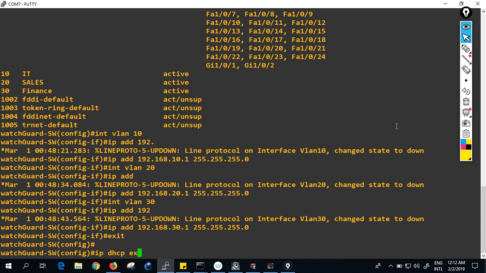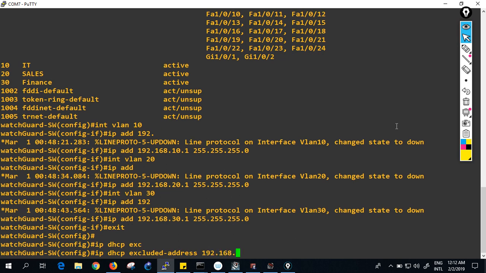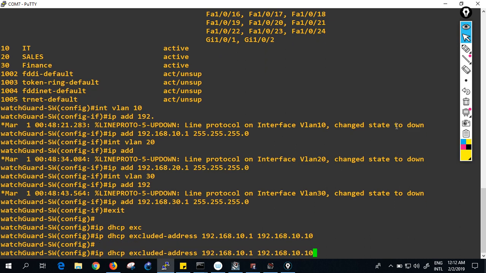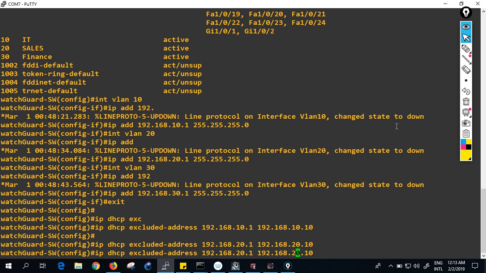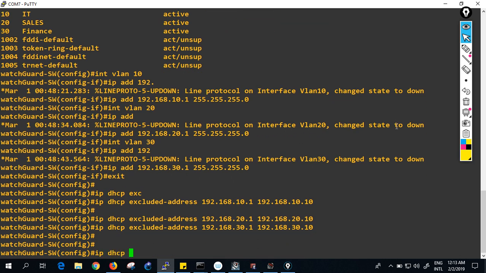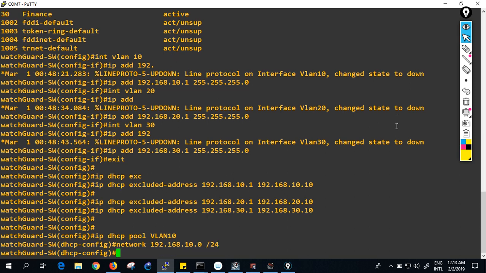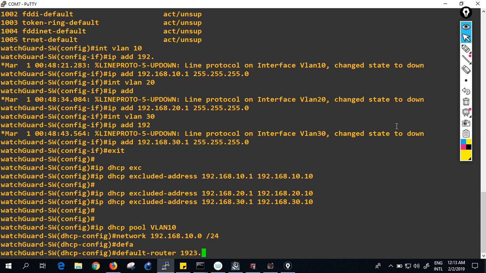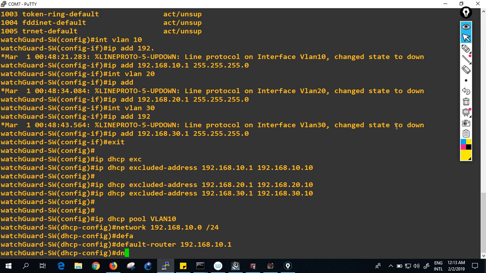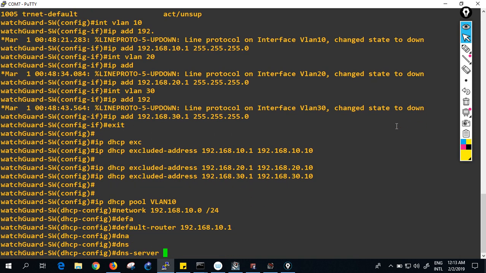IP DHCP excluded-address 192.168.10.1 through 192.168.10.10. I'm going to exclude this range, as well as for VLAN number 20 and VLAN number 30. Now I am going to create the DHCP pool for VLAN number 10. Network 192.168.10.0/24, default router 192.168.10.1, DNS server